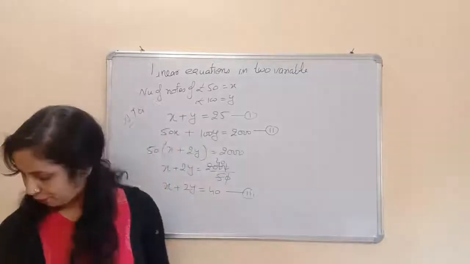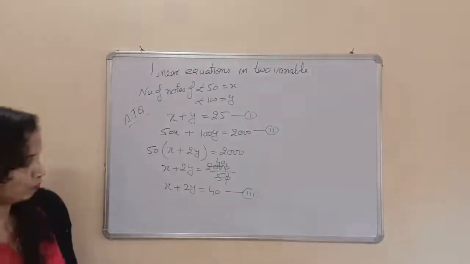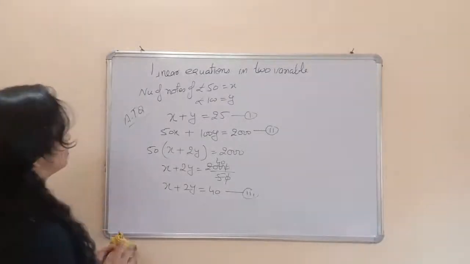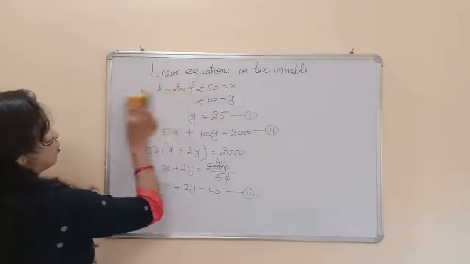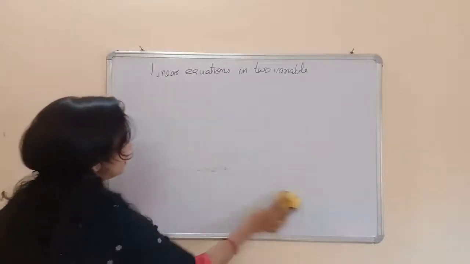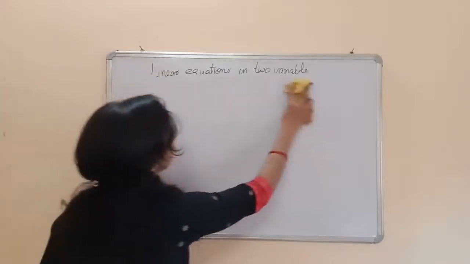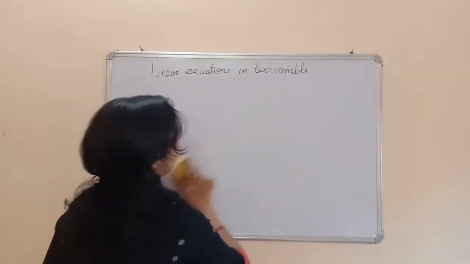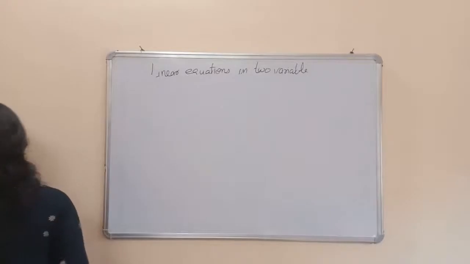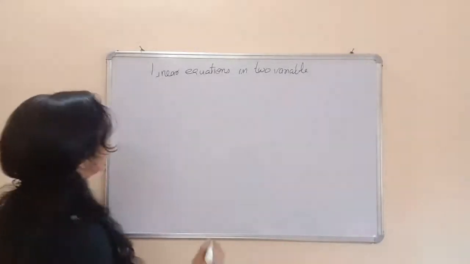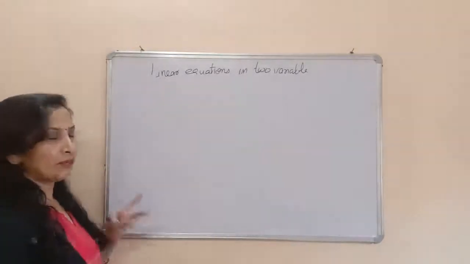So I think for the elimination method I have to explain by taking my own example, because all the questions in the NCERT book are so easy that we don't need to change an equation. Like in the elimination method we have to change the equations. So I am going to explain the elimination method actually not from the NCERT book. I am taking a random example.